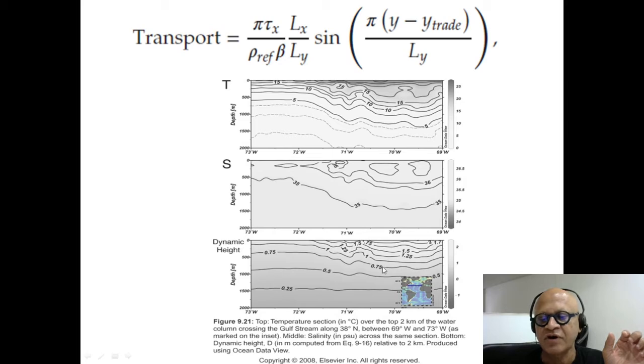When we do that for the Gulf Stream by plugging in the appropriate numbers of winds at those latitudes, we will end up with a transport of about 30 Sverdrups, because the Pacific is a bigger interior, so its transport in the Kuroshio is larger than that in the Atlantic, which is much narrower. And the velocity you get for this kind of average transport squeezed into 1 kilometer is about 30 centimeters per